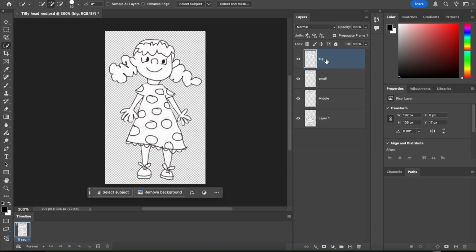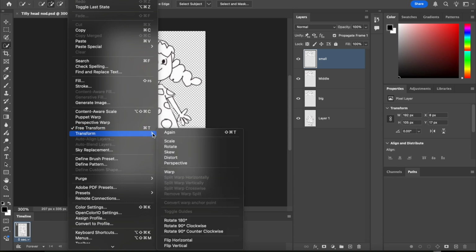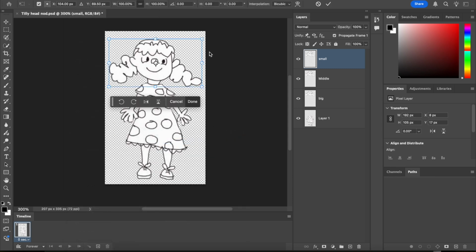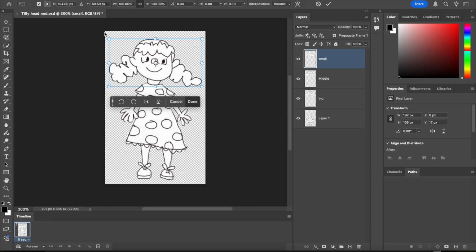And now I'm going to move big below the middle head layer, the normal head layer. So now I'm going to select the small head and I'm going to go up to Edit, Transform, Scale. You could also use Control T. Now you can see the rotation is still showing because I have this checked here, and that's fine for this. It doesn't really matter. But this time I want to shrink her head,